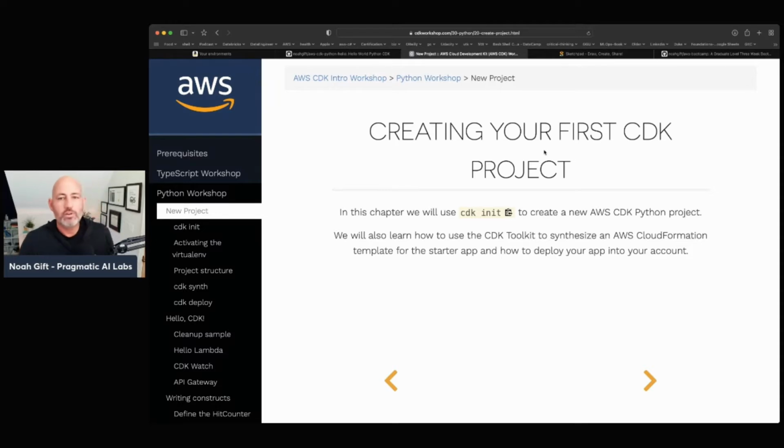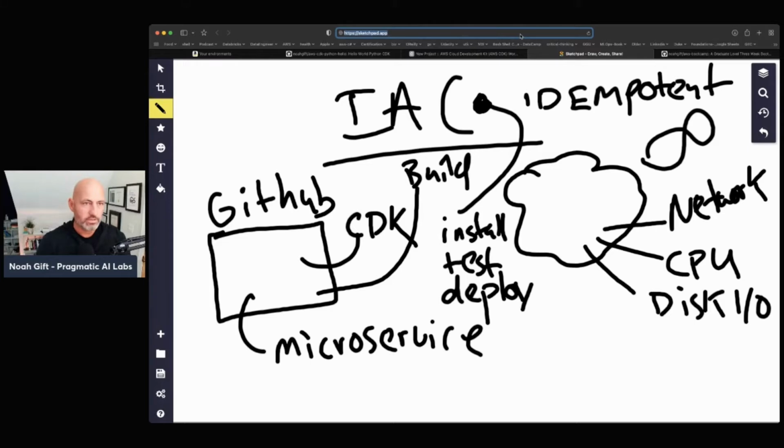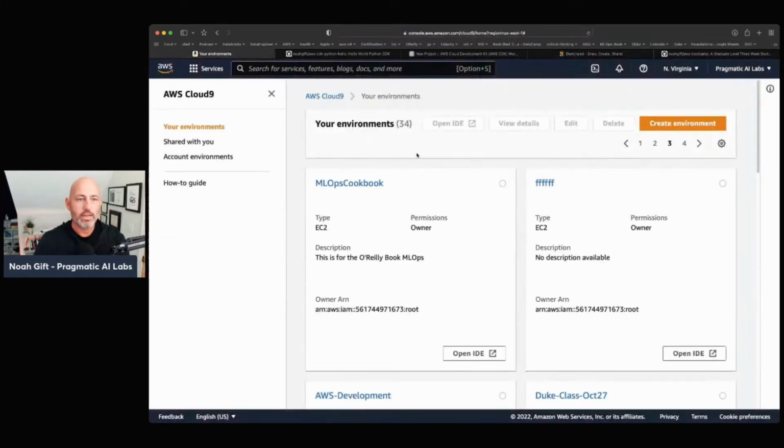So what I'm going to do is shift gears here and go over to the console in AWS, which is right here. And this is the AWS Cloud9 environment. What's so awesome about the AWS Cloud9 environment is that it allows me to build up a temporary development environment that I can actually write my code in, and then it'll keep the project inside of there. And I also have access to all the AWS tools.